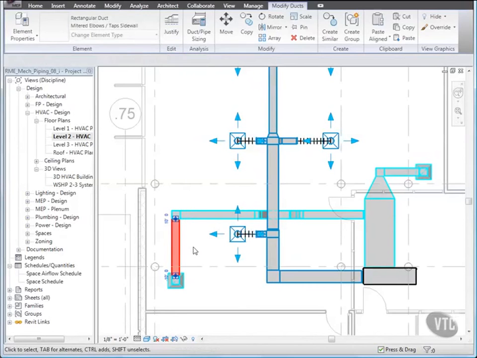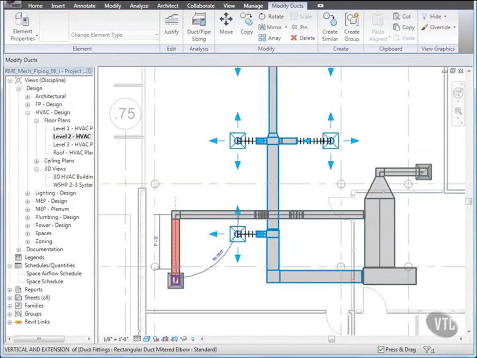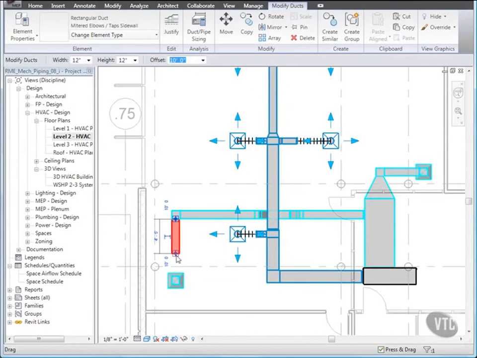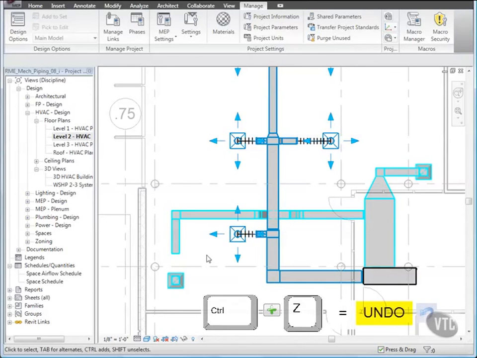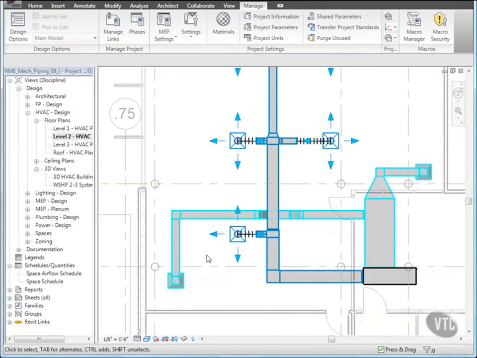Click and drag the bottom control up to shorten the duct. Click in the drawing area to deselect the duct. Press Ctrl Z to undo the previous action. Next, we'll move an element. Select the same duct used in the previous steps,